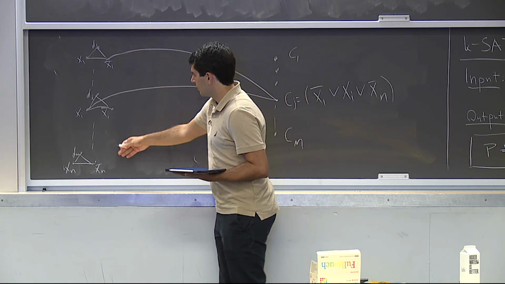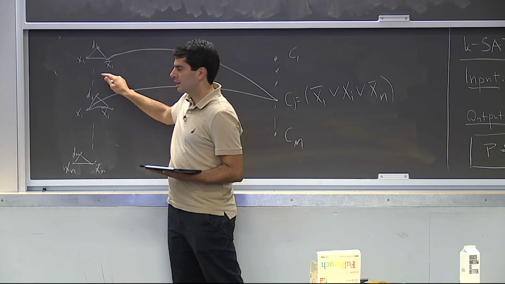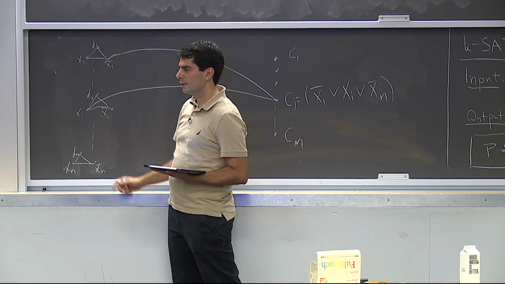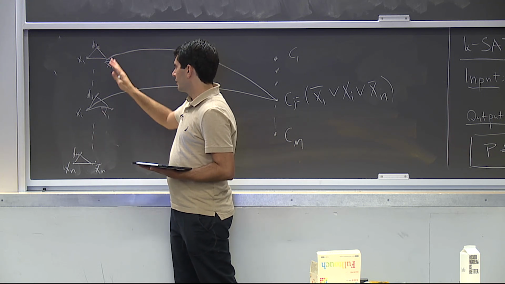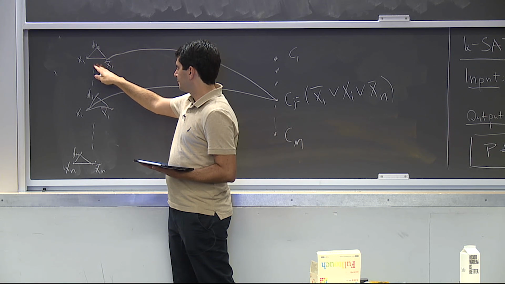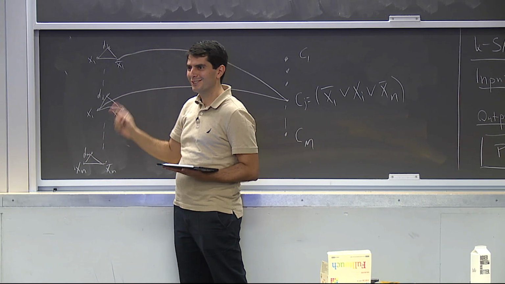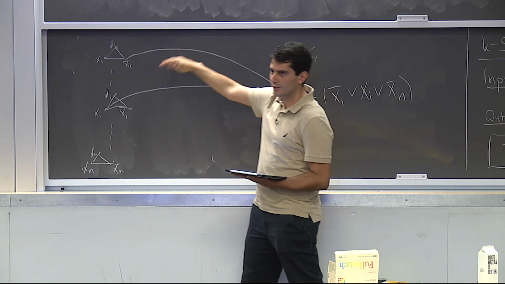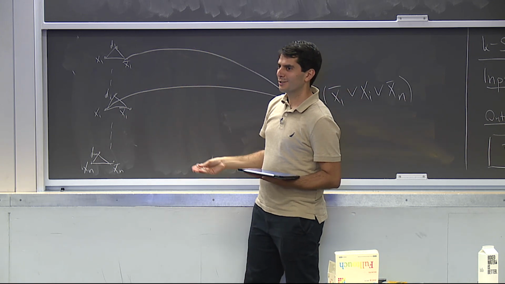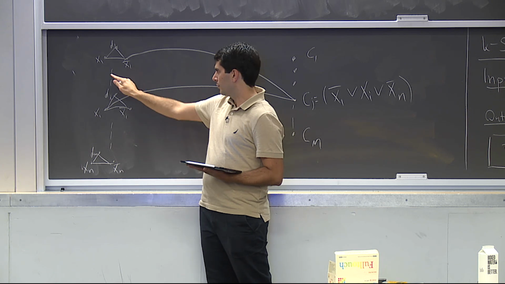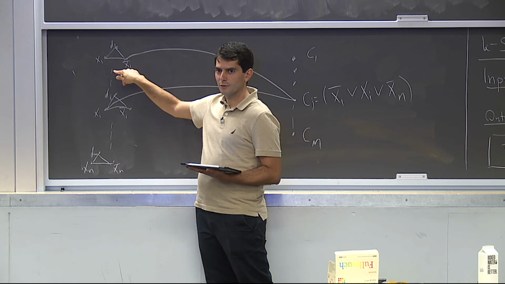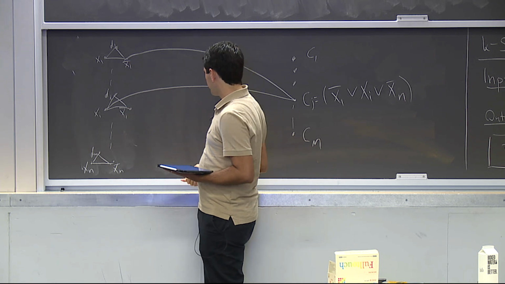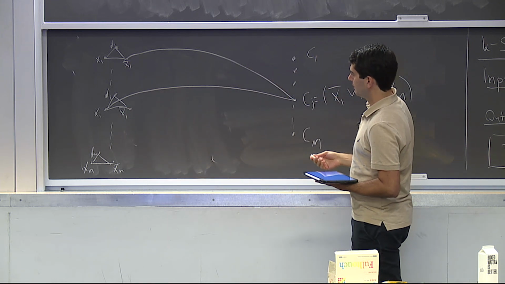So I'm adding this. There are these n gadgets, and I have to pick one from each because of the dummy node. Otherwise, if there wasn't a dummy node, I could have just picked something from here, and that covers stuff, and that's going to be a mess. So I'm just going to put the dummy nodes. Now, the dummy node is not connected to anybody except for these two. So I have to pick at least one from each. And the claim is that